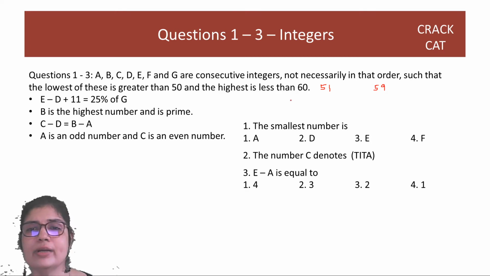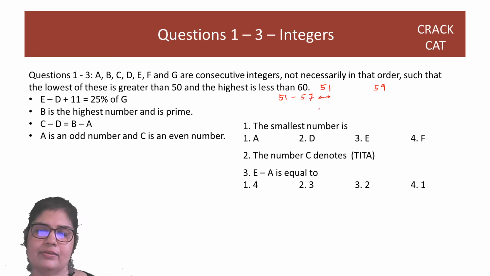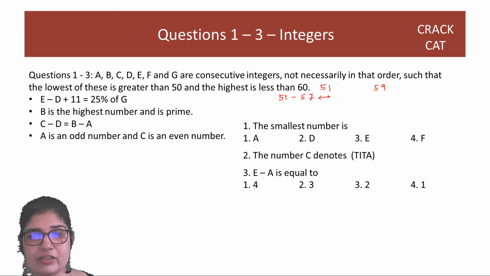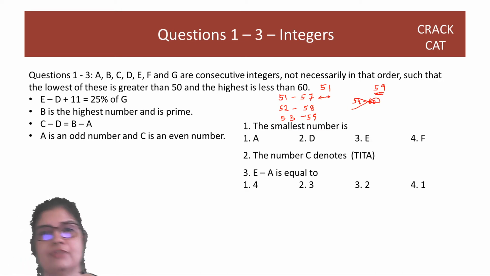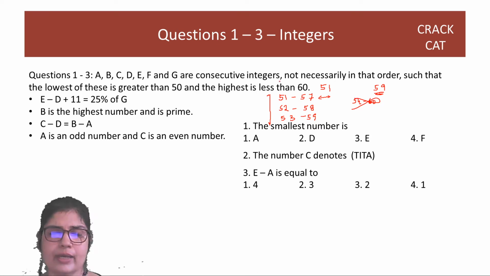They are consecutive. So what are the 3 options, guys? You can start with 51, end with 57. Here 7 numbers have come. Correct? I am starting with the lowest possible. Then the second option is starting with 52, ending up with 58. Then the third option is 53 to 59. Fourth option, 54, say if I start, I'll end up with 60, which is a problem because the maximum possible is 59. So these are the 3 options, guys, for the 7 consecutive integers. Beginning, end. Okay, fine.